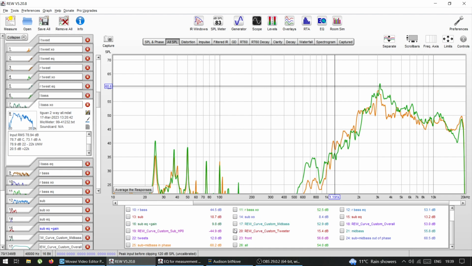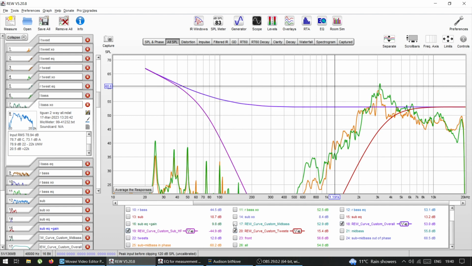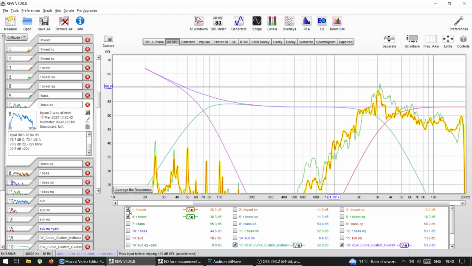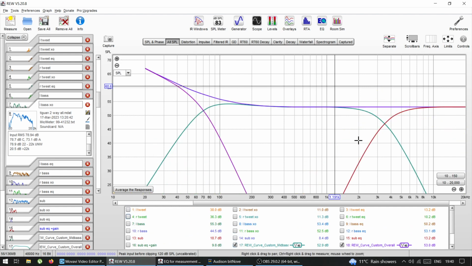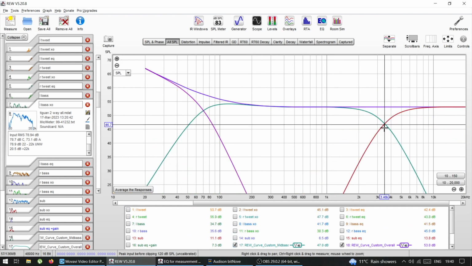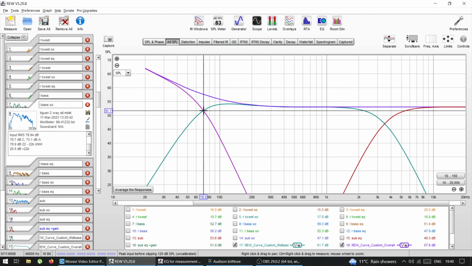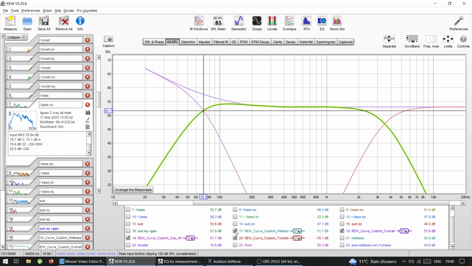Custom curves. Yeah, so I did these with Jazzy's Tuning Companion, and I chose this target curve. So let me remove these. I chose to cross at 3.5K, which is kind of a standard for a two-way system, and the mid bass I'm crossing at 70 to the subwoofer. So let's remove this,